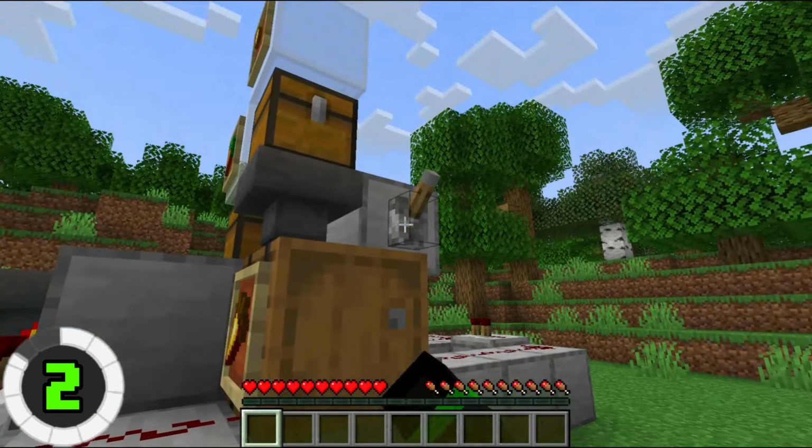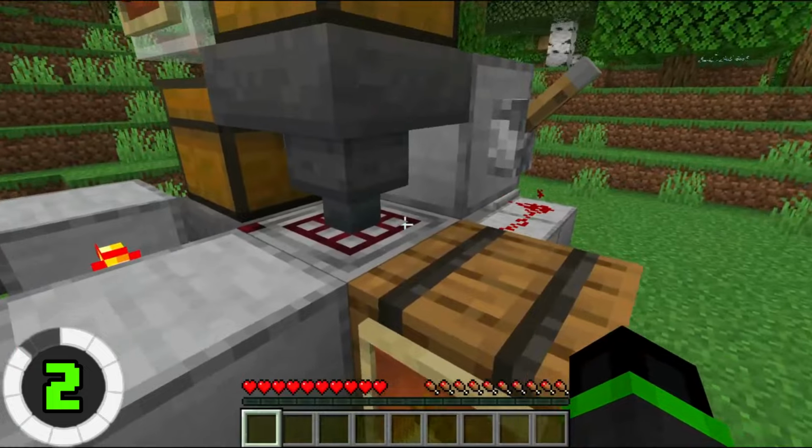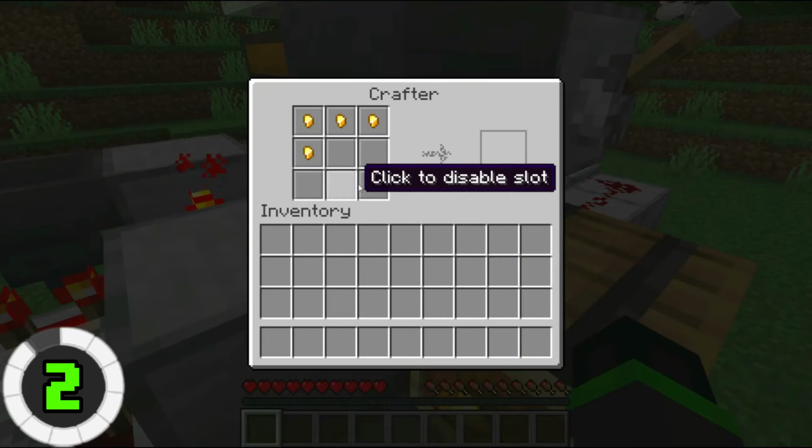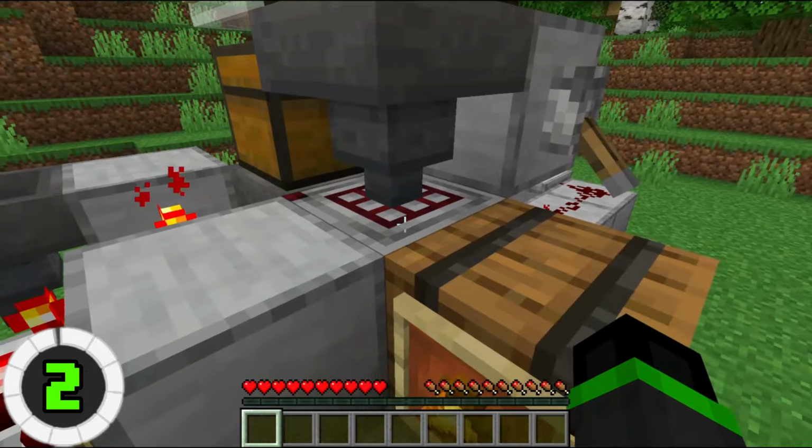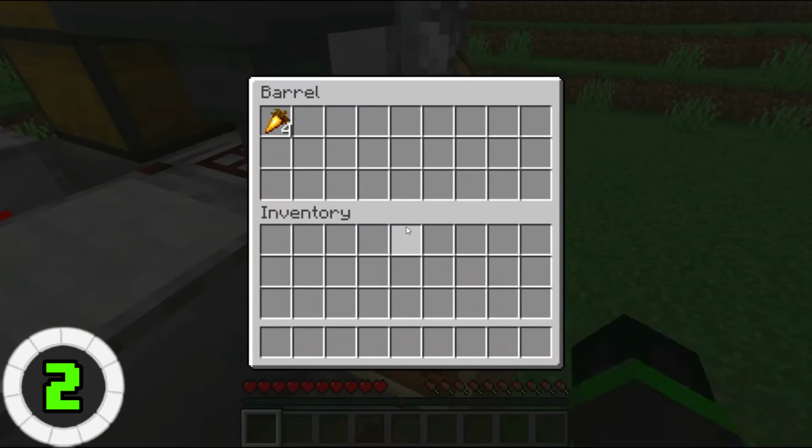To start crafting, just flip the lever and then all the items will be put into the crafter all in the right order. The golden carrots will then be crafted and stored in the barrel for you to collect. And once you have enough golden carrots, just flip the lever again and the crafter will stop all crafting. You could also connect this crafter to a golden carrot farm to keep it always in stock of items to